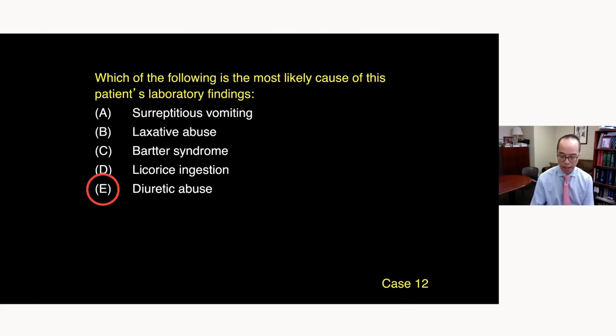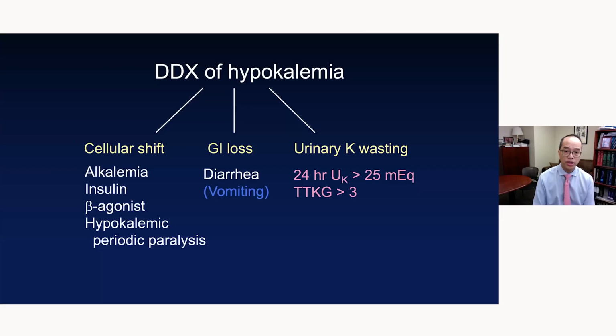And the answer is diuretic abuse. So when I see a patient with hypokalemia, the differential diagnosis is a shift of potassium into cells, which usually causes only transient hypokalemia, GI losses from diarrhea or vomiting, or urinary K wasting. In the boards, if there's urinary K wasting, they would give you the 24-hour urine potassium, which if inappropriately high